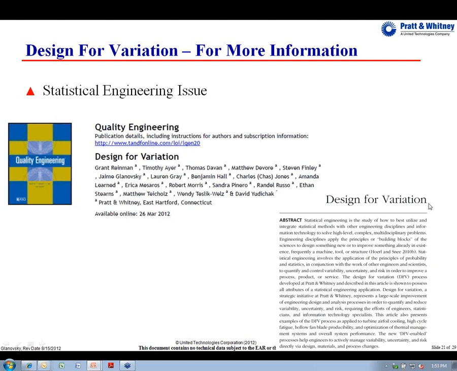Okay, excellent. Last question, unless anything else comes up here. How does design for variation relate to robust design? You know, it's just another name for the same type of thing. It's about looking for the best design possible that's not only going to perform well on average, but perform well at both sides of the probability distribution.